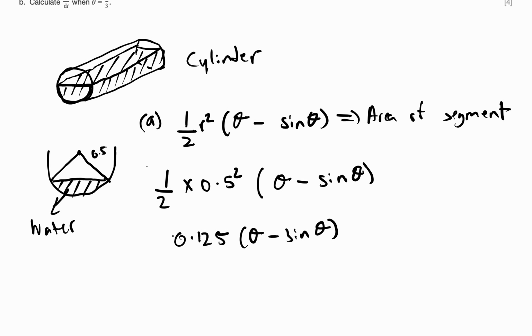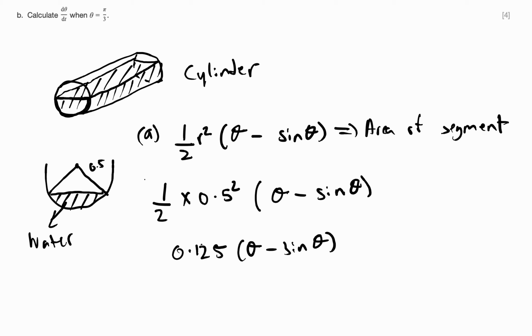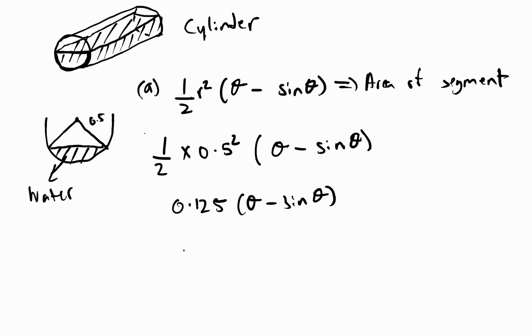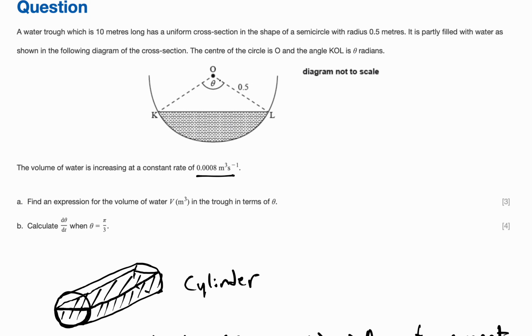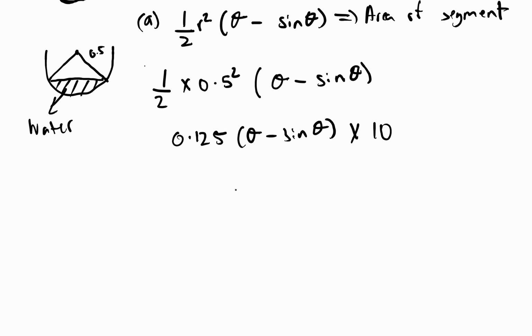So that's what I want to do. I want to get the volume of water. It's three-dimensional. That's why it's in meter cubed, right? It's three-dimensional, so we need to have an x, y, and z component of the overall shape. So if I multiply this by the length of the trough, which is 10 meters, I get